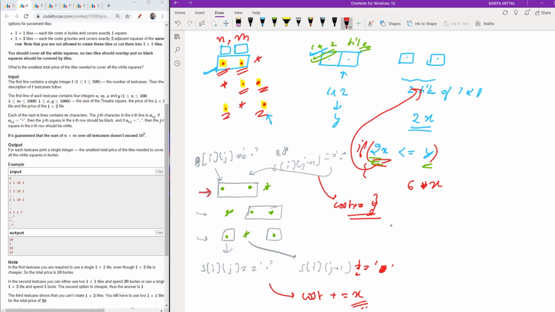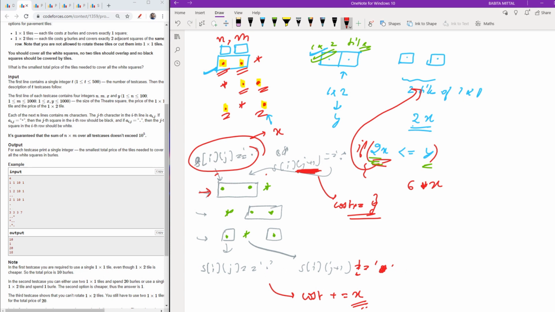Basically for every i I will run the loop from i equal to 0 to n minus 1, and as you know, for n minus 1 you cannot check this condition, so you will only have the condition of this, and you will increase by only x in the cost. So I hope that it was very basic, like you can basically brute force it. So it is basically brute force.